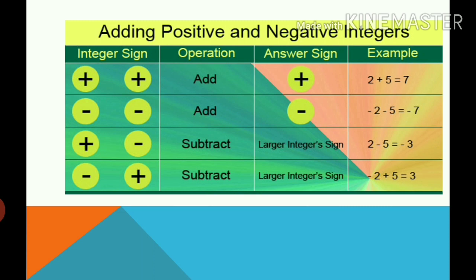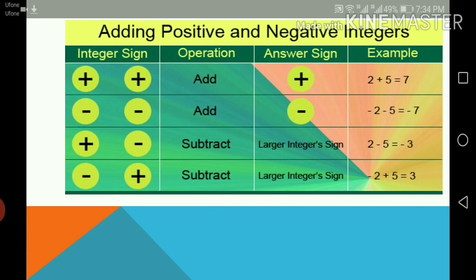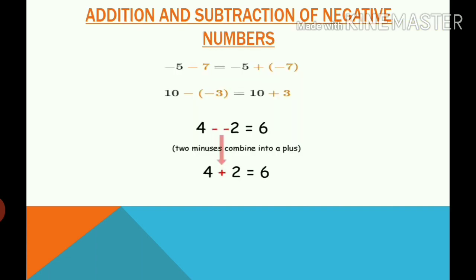Now in the last, when you multiply minus and plus, you will get subtraction. Minus plus is minus. It means that you will do the operation of subtraction. Minus 2 plus 5. When you subtract 2 from 5, you will get 3. Remember that you have to write the sign of the bigger number. So the bigger number is 5. There is no need to write the sign of plus. So this is 3. Just 3 is the answer. It's a positive 3. Now I'll give you a few more examples.